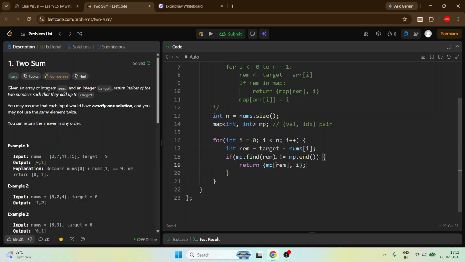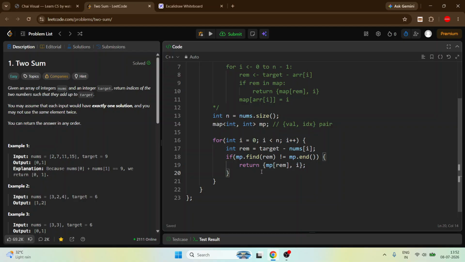We just found the value in the map, then we got the index using this. Because this is a value index pair, first we get the value of the remainder in the map, and then find the index using map of remainder, then also the current index.